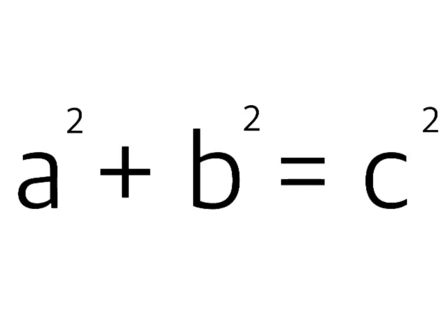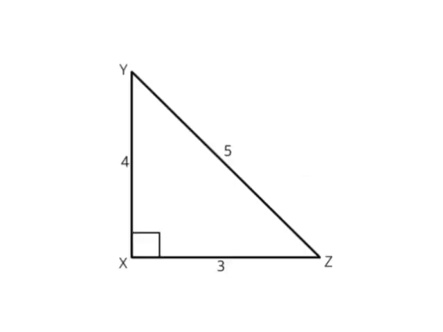The Pythagorean theorem is a theorem used to find the missing sides of a right triangle. The equation of the Pythagorean theorem is a squared plus b squared equals c squared, where a and b are the legs and c is the hypotenuse. The Pythagorean theorem can also be applied to trigonometric ratios as well, so we'll be using this triangle to demonstrate